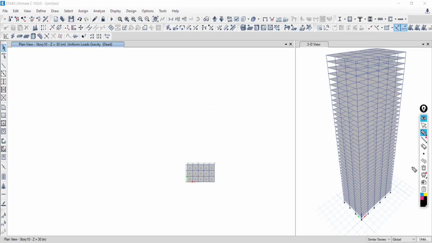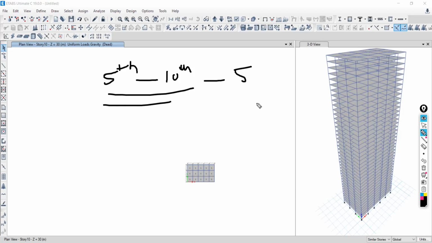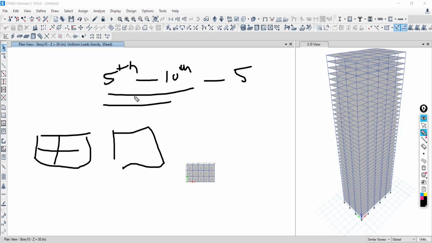Are you getting? Now see what is going to happen. Suppose 5th to 10th are same. So suppose I'm working on the 5th story, and the same work I have to do for the 6, 7, 8, 9, 10.